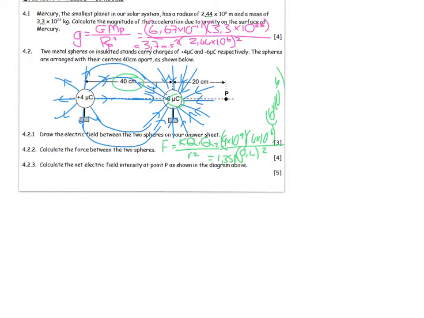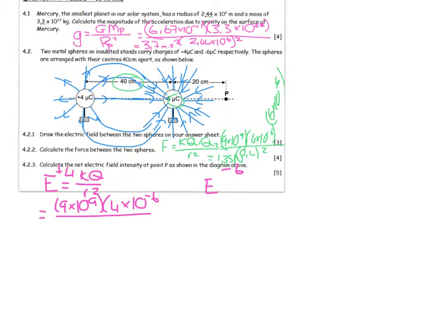Calculate the net electric field intensity at point P shown in the diagram above. And so what we need to do is start off by saying, well, what is the electric field due to the 4? And what is the electric field due to the 6? The electric field at a point is equal to kQ over r squared. So I'm going to just calculate that. 9 times 10 to the 9, 4 times 10 to the negative 6, and the distance between this charge and P is 60 centimeters, which is 0,6, and I must square that. And I land up with an answer of